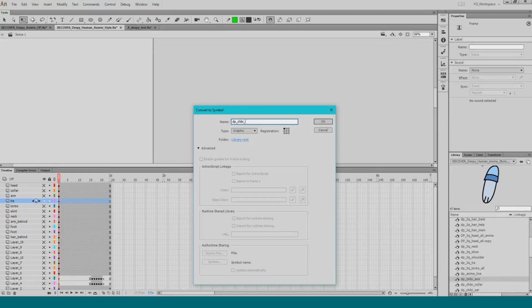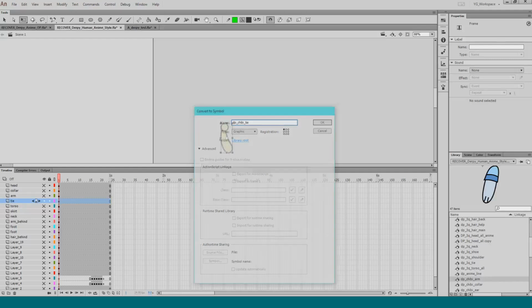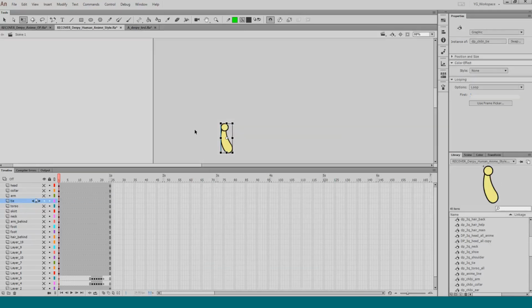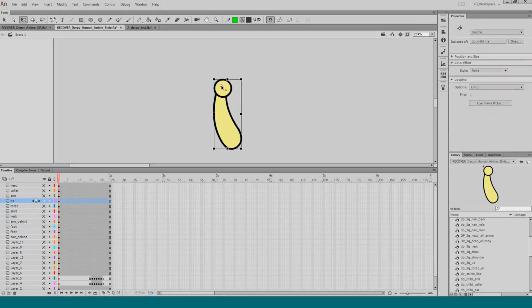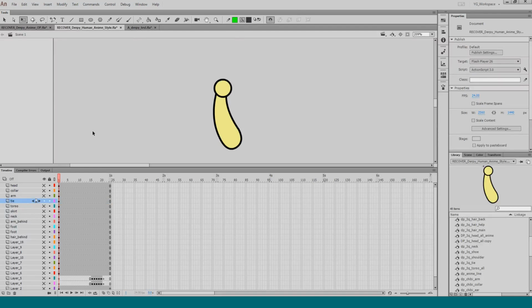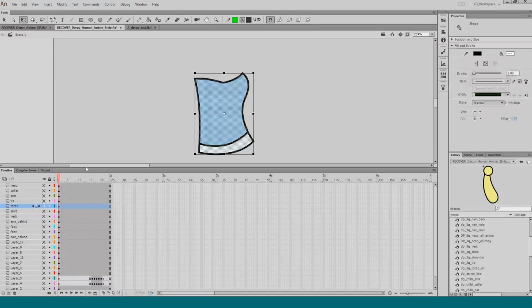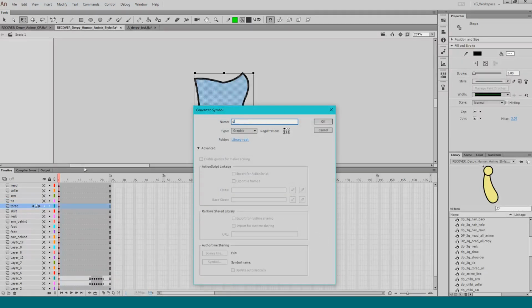I add the rest of it, like the DP Chibi, in case I need a DP thing, and it's a Chibi. It's just my own kind of sorting system with the library. And as I go, it's probably best to move the center of rotation around. You could probably do that later, but for this demo, I might just do it right now.